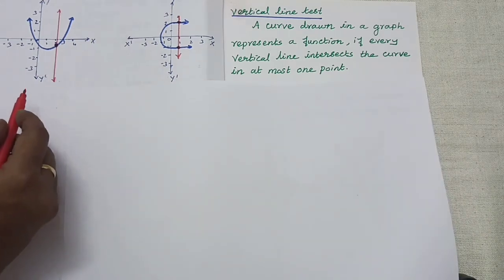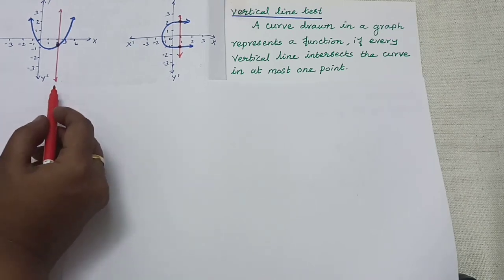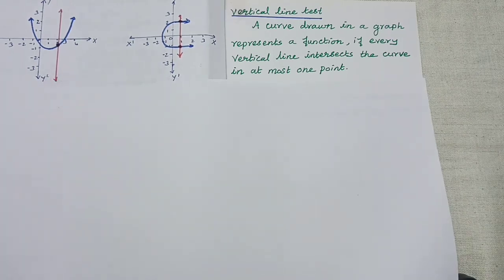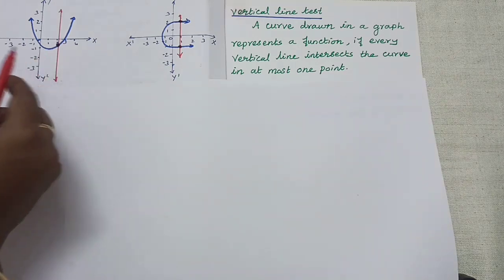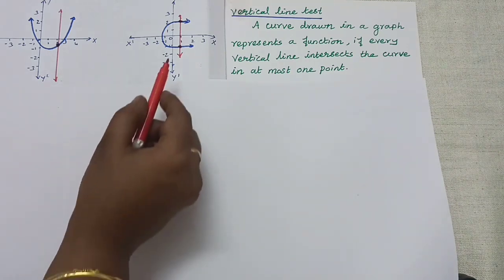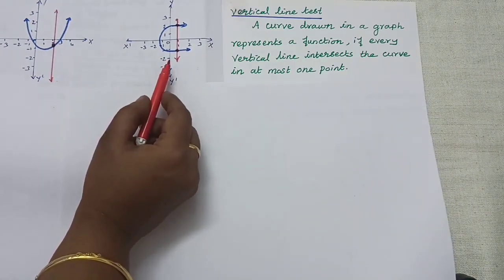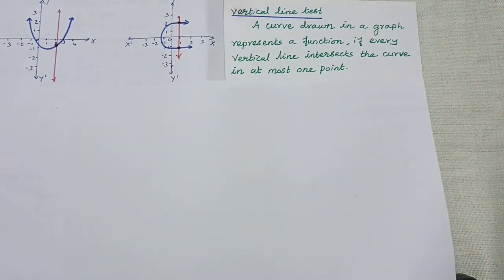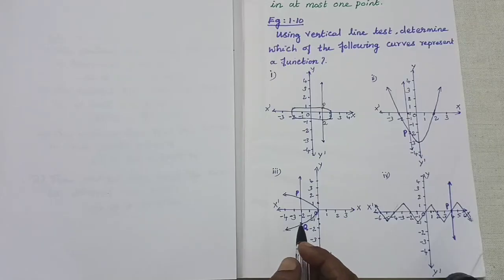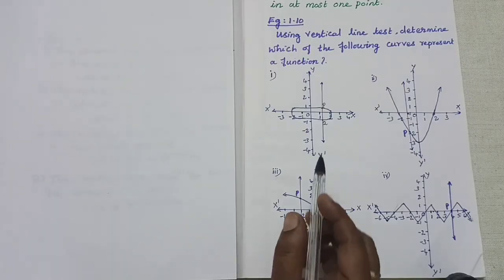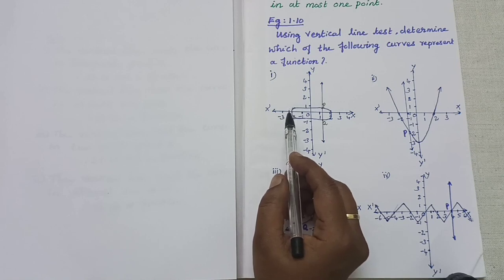Okay, how will you write the answer here? The curve meets the vertical line at most one point, isn't it? So it is a function. Here it intersects 2 points, so it is not a function. Have you understood? Now, like this one question, example